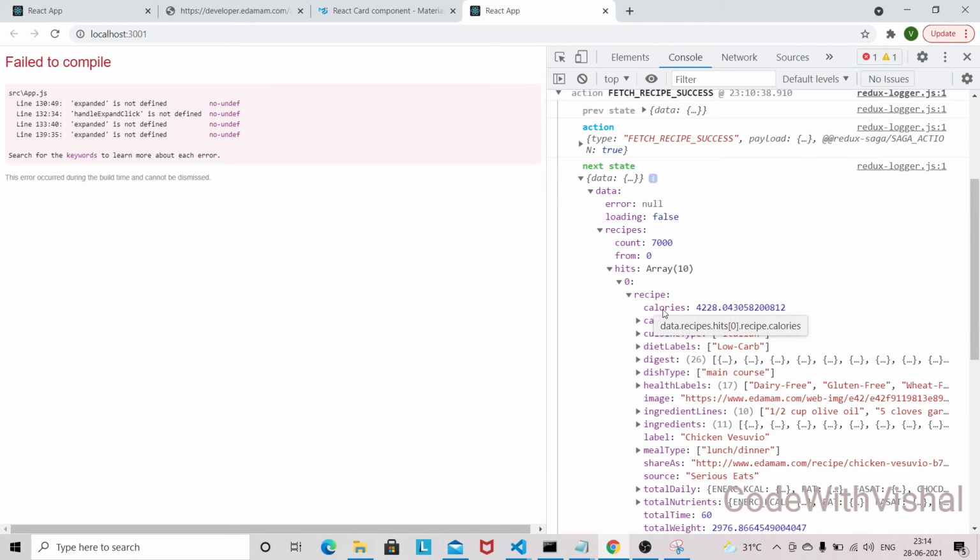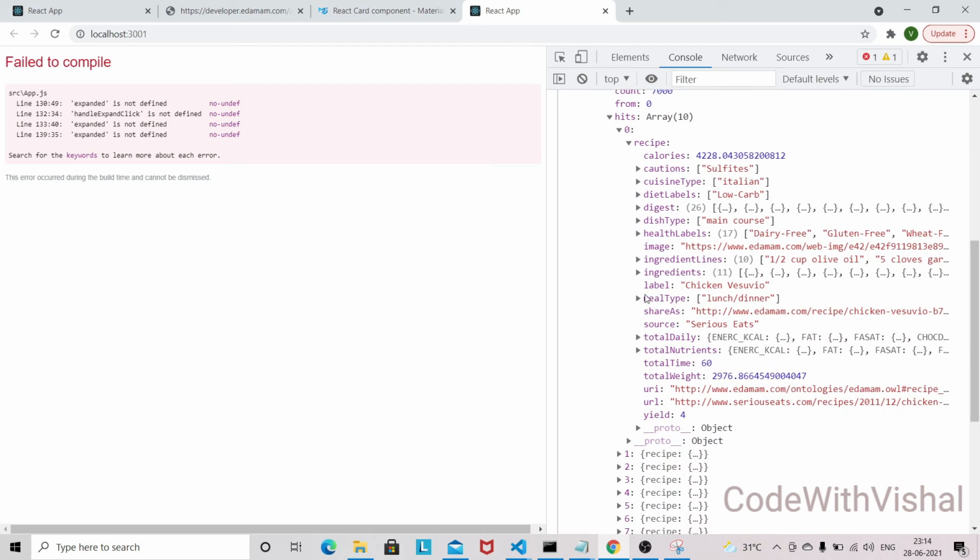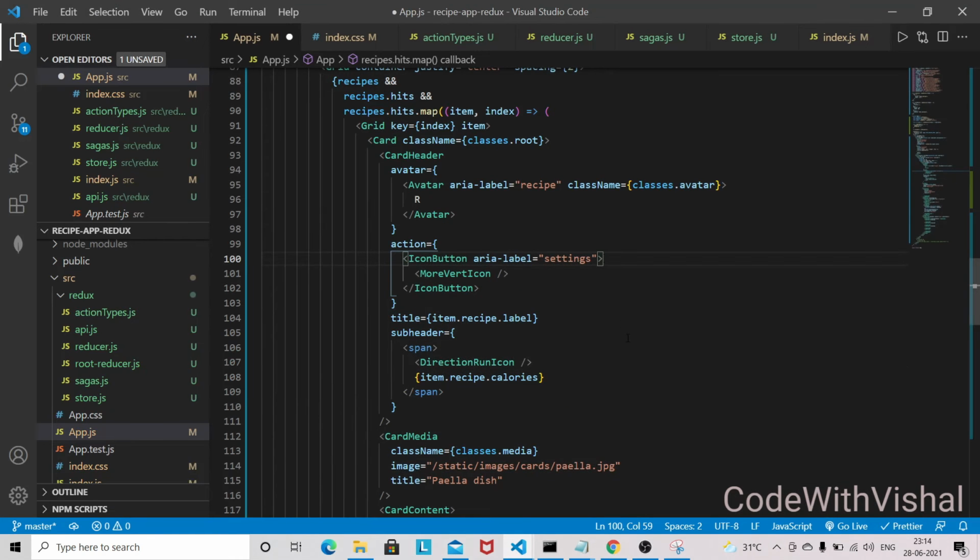Inside that we have calories, we have a label, and we are also going to use the image, and we will be using the ingredients as well. So these three or four things we are going to use from this recipe object for each array of objects.